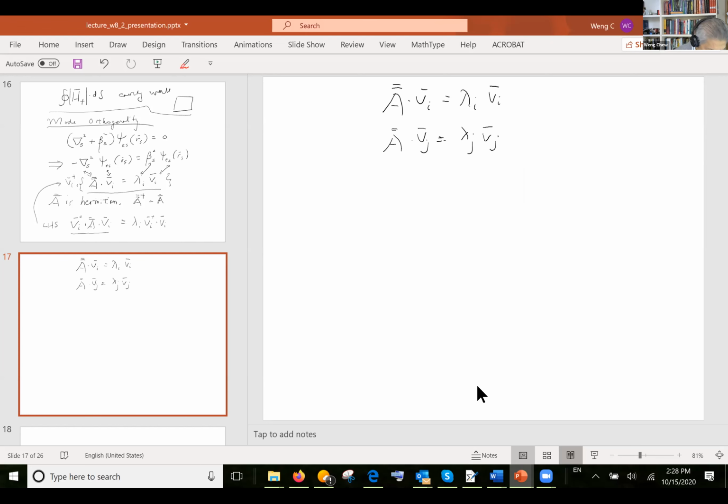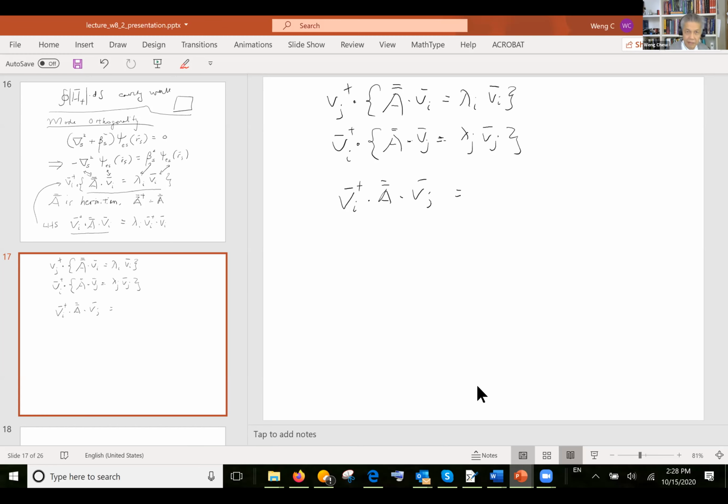Then I can multiply this equation with Vj conjugate transpose with the dot product, and multiply this equation with Vi conjugate transpose. And can you see that Vi conjugate transpose dot A dot Vj